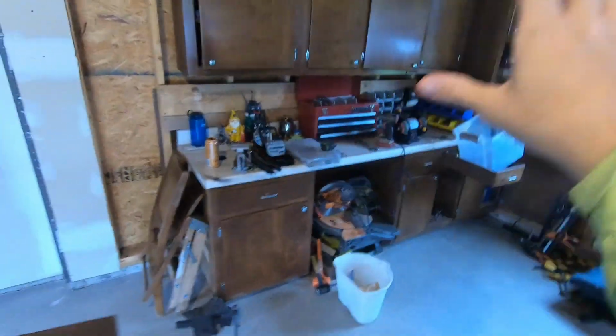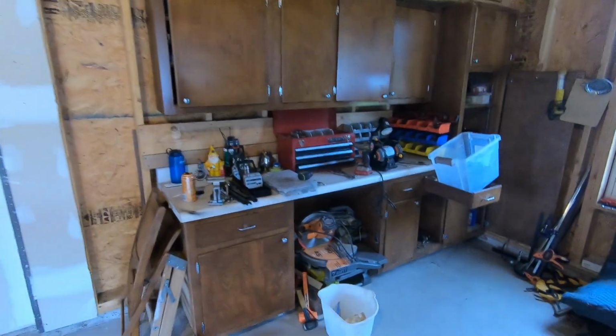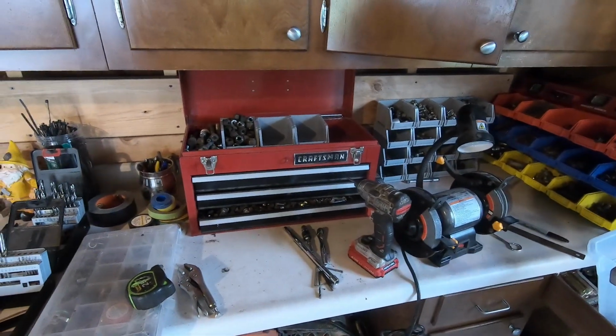I used to have to use truck frames and different things, but I'm trying to make this shop a little more efficient. Cabinets aren't really my favorite. I kind of like things open so I can see everything, but these are already here, so I'm gonna be using them. I organized all my bolts, which has been like chaos because I moved from California to a garage,